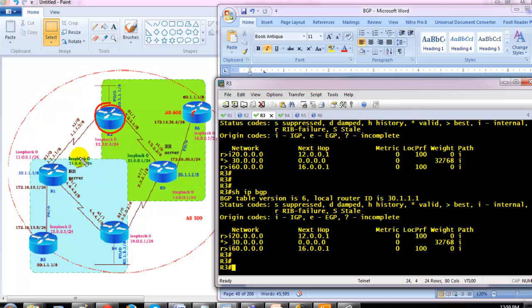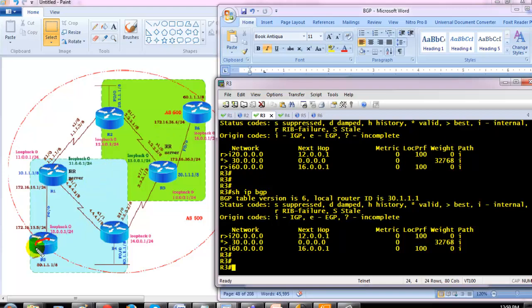But if you want to exchange the routes, you need to ensure that any one of the routers here must pair with any one of the routers in the other cluster. Based on that, they will exchange the routes. Either you can do it by any non-client, non-server, or you can also pair between the servers. That will be a better way. So I'm going to pair both the servers, R1 and R3, between the two different clusters in order to ensure that the routes will be exchanged.